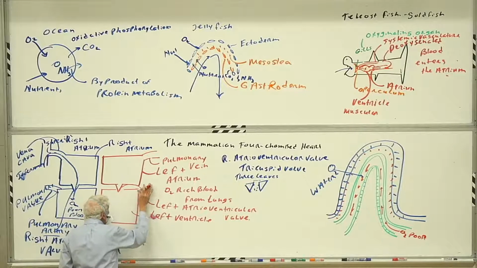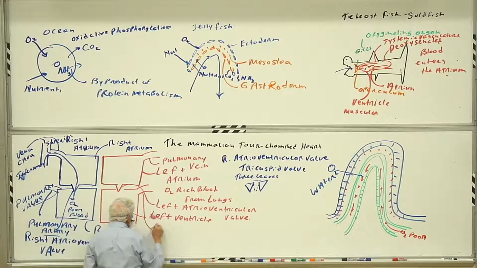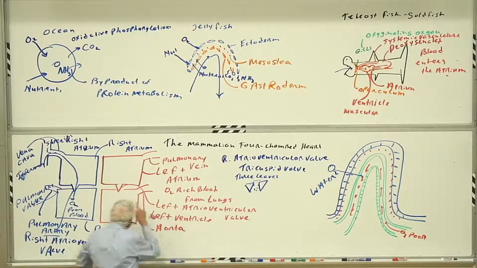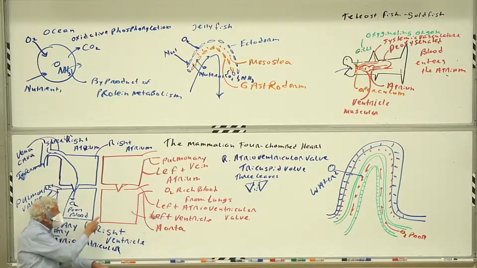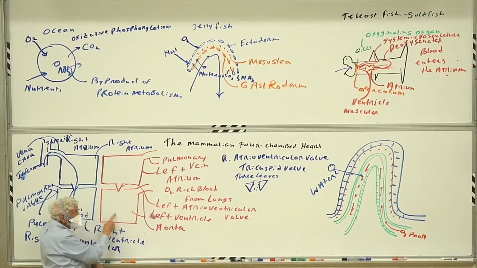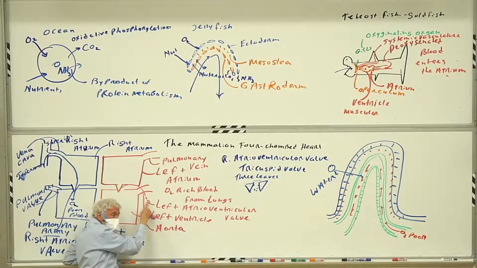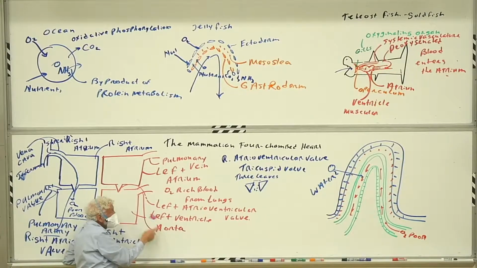Then coming out of the heart is another tube. This tube is said to be the aorta. There's only one tube leaving the ventricular chamber. Now this tube is going to branch and branch and branch. Doesn't take very long after leaving before this branches into several other major vessels. We're not going to go into that. If you take an anatomy course, you'll name all of them. I just want you to see that everything leaving the heart goes out into the single tube called the aorta,